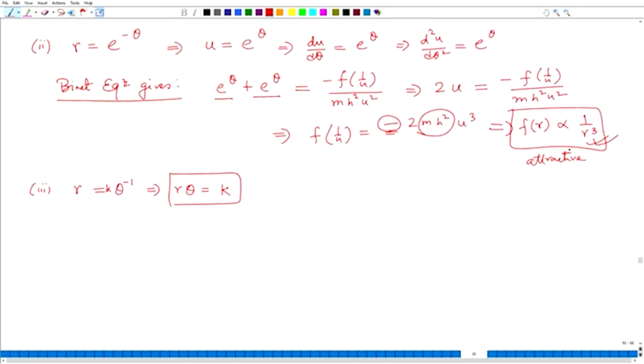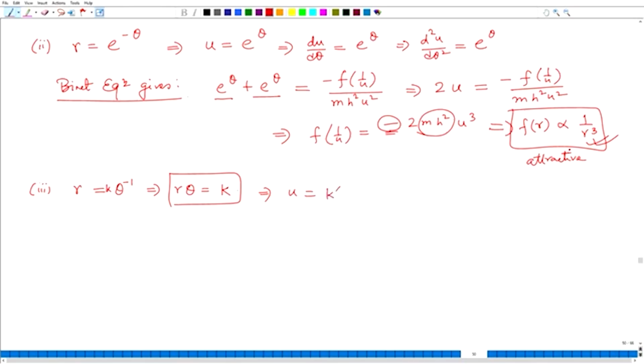Here, what we are doing is starting from a trajectory and finding the force law. We can actually do the inverse, which is a little bit trickier, and from case to case you have to really check whether you can do the integration smartly by analytical procedure or you have to use numerical methods. Okay. So if you have r theta is equal to k, then you can write u is equal to